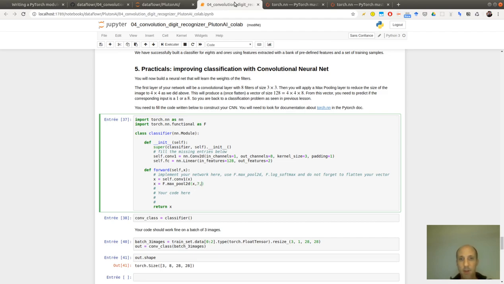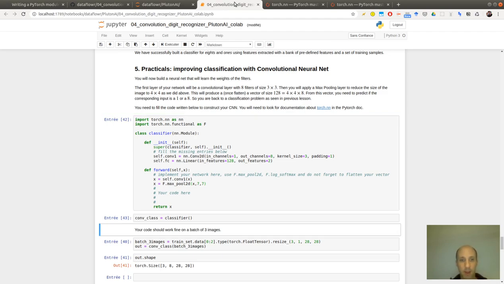Seven. We can test again. So here we should obtain 4 by 4. Okay, it's working fine.